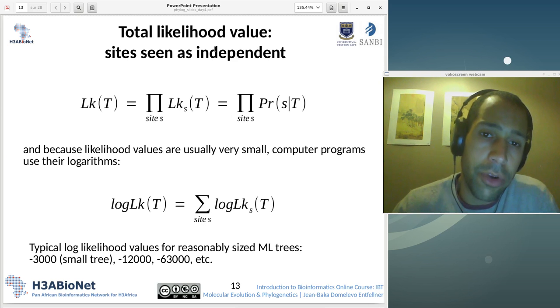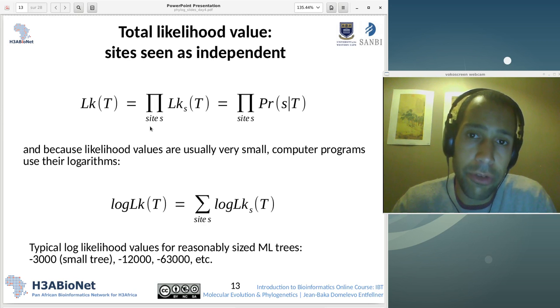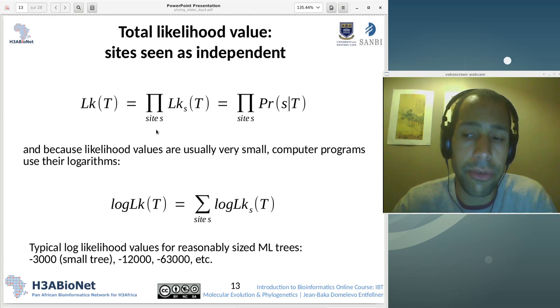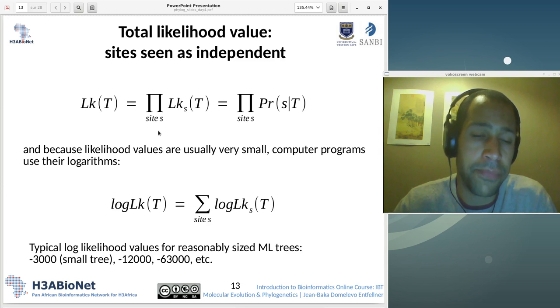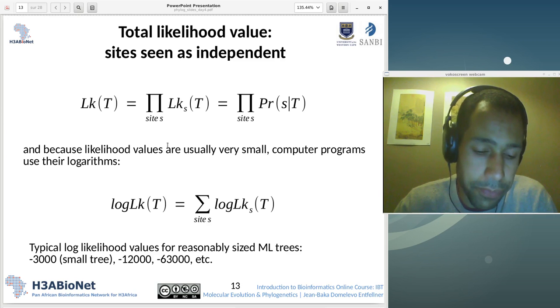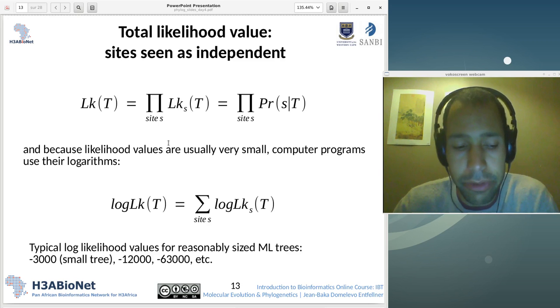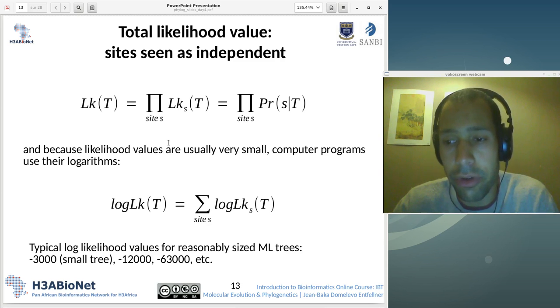Right, so the slide before was based on the observations made on one site. But usually you build alignments, you infer phylogeny, based on not only one site, but an alignment of many sites. And the key assumption that is made is that these sites evolve independently from each other. We know it's wrong, we know it's not true, and this independence is not true, especially if you consider nucleotides